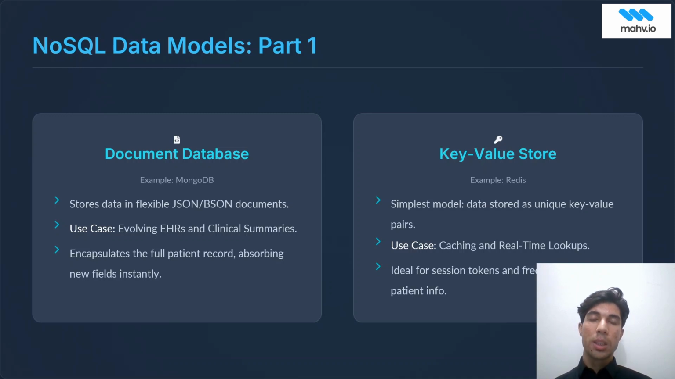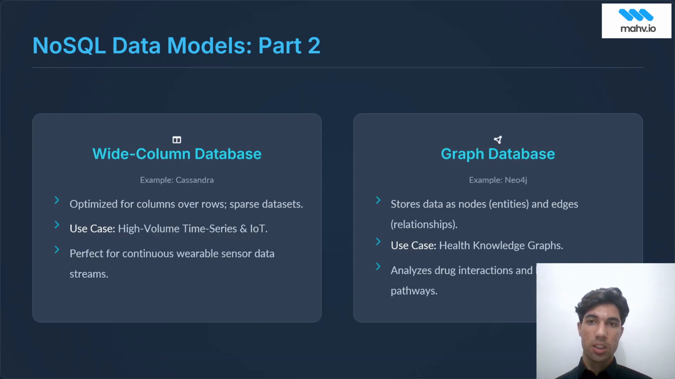So document databases are basically like large organized folders, while on the other hand, key value stores are like index cards for instant retrieval. Then we have wide column databases like Cassandra, which are optimized for columns over rows, and they work brilliantly with sparse datasets, unlike traditional databases which are optimized for rows instead of columns. So their use cases are in high volume time series and IoT data, and they work brilliantly with continuous variable